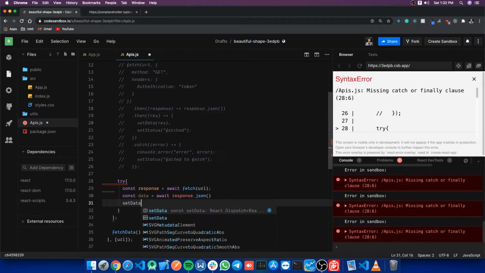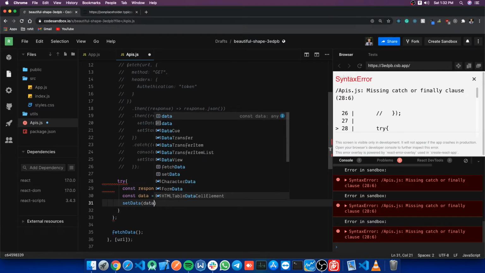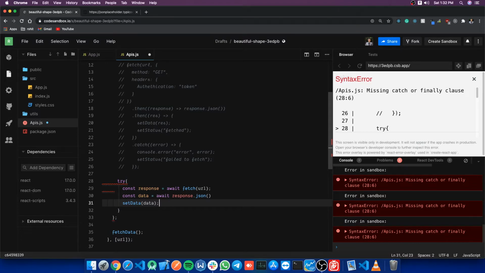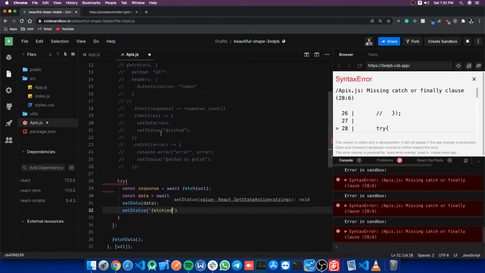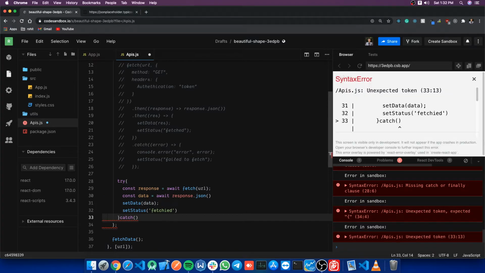And after that the same process: set data, and then set status to fetched. Fetching is also already there. So after try we have to write catch also, like catch our error, simple error.